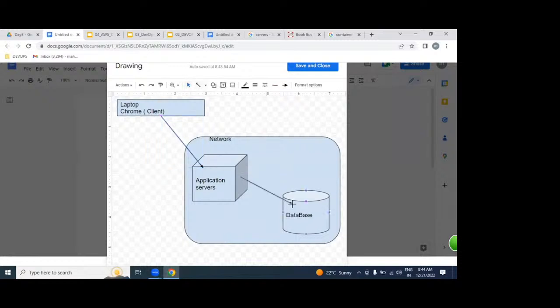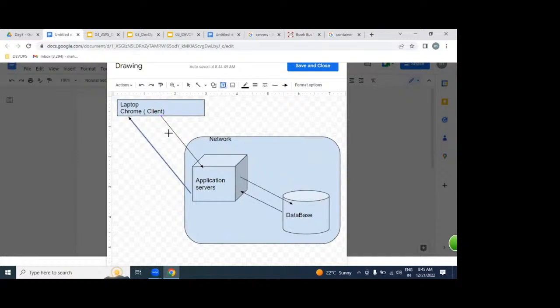Once it is validated, our application server will prepare the response and send it back to our client. This entire internet, our entire technology, either Java, DevOps, whatever it may be, is based on this diagram. Only two actions in the entire internet: request, response. Request, response. Very simple.